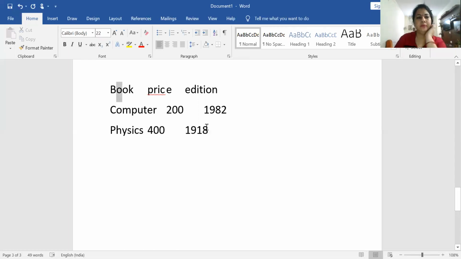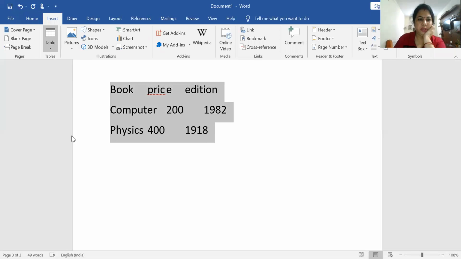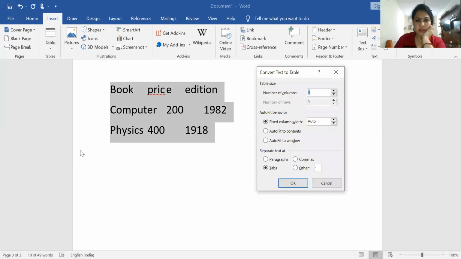First I select the text, then I go to Insert, then Table, then convert text to table.